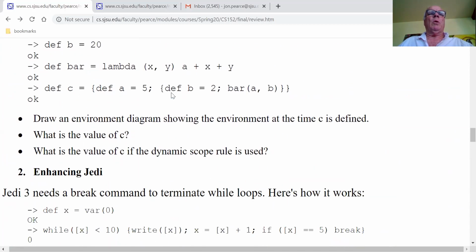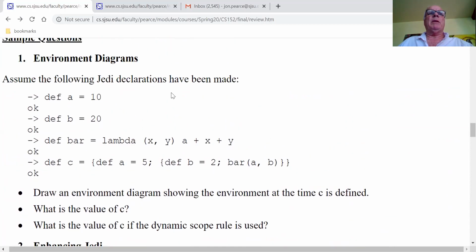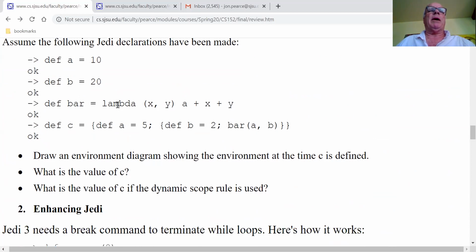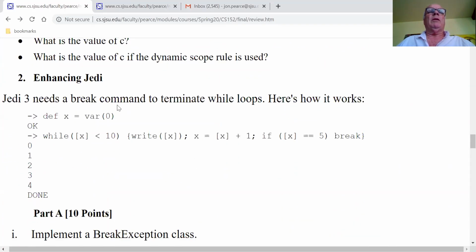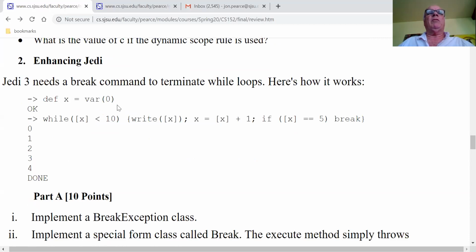Okay, so environment diagrams. I am going to come back to this question later because I'm not sure I have the solution posted anymore, so I might have to do this solution by hand. So let's start with problem 2 here. Okay, so